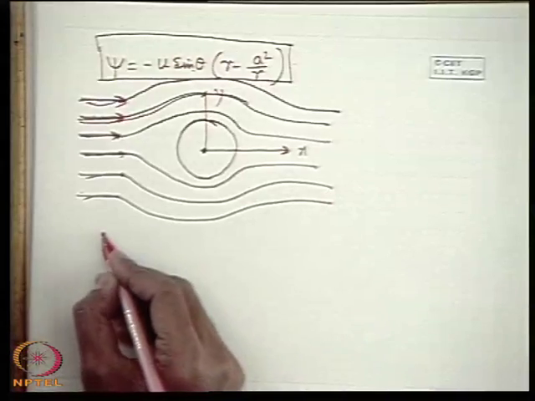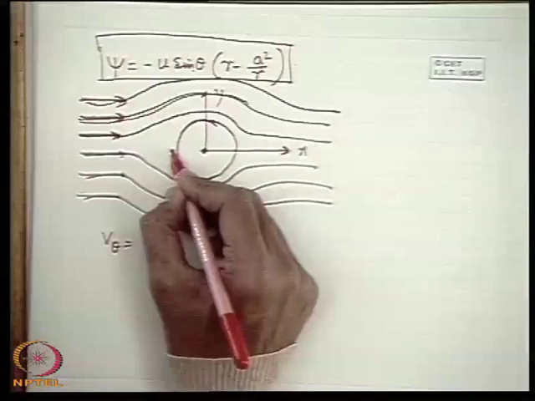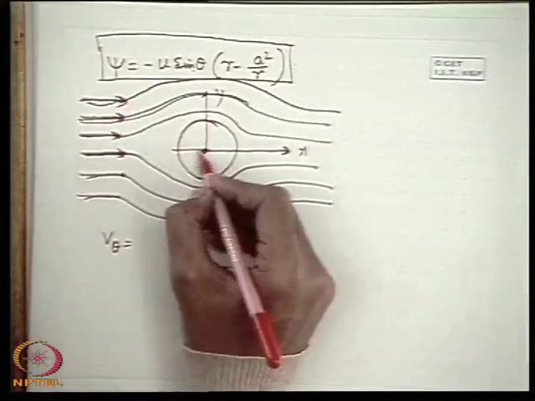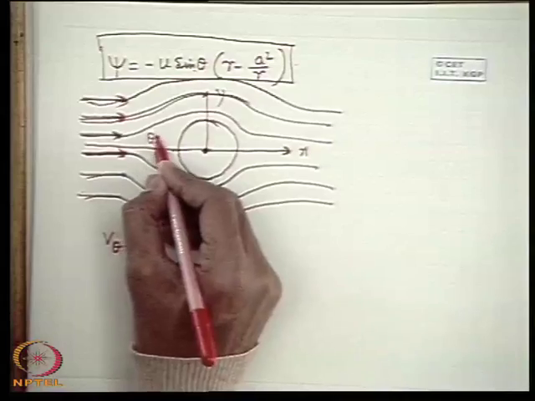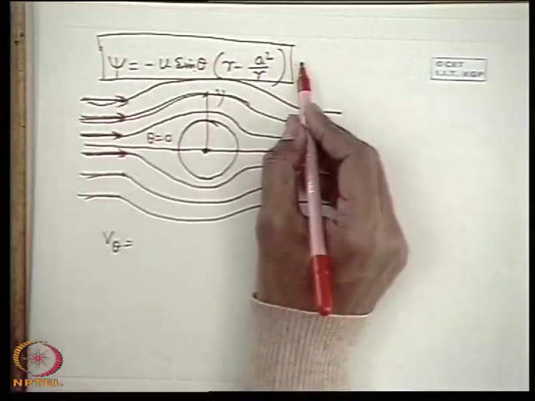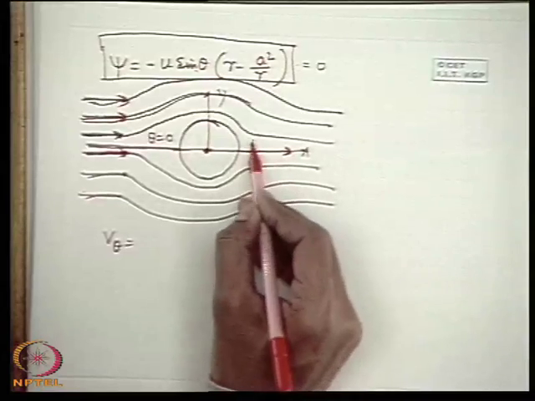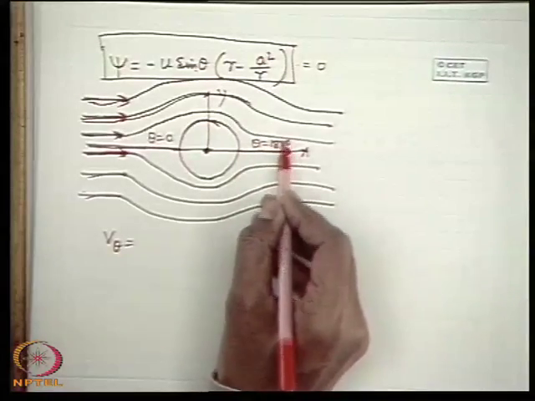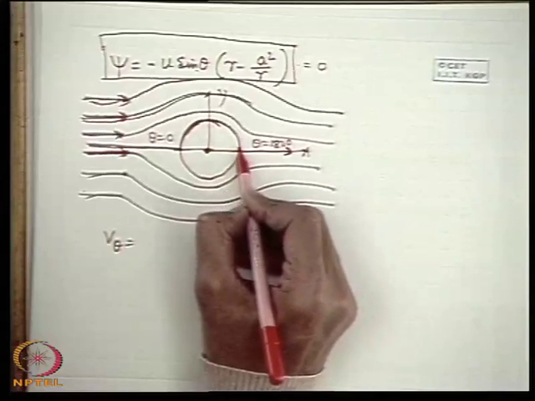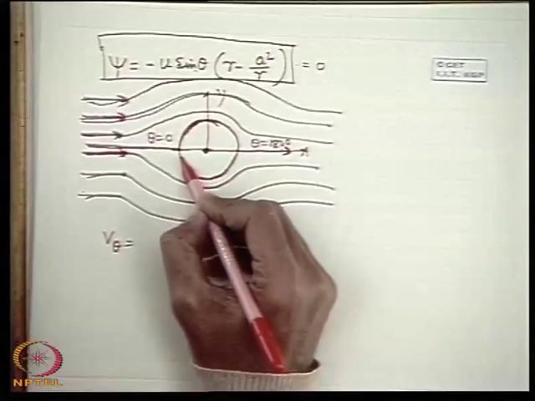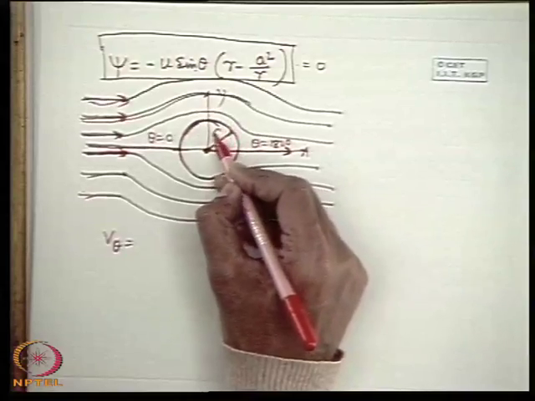Let us find out two velocity components. One is the tangential velocity component. That means we define, for example, this is the direction. So with this direction we define this is theta equal to 0. Now another very interesting thing is that psi is equal to 0 along the line theta equal to 0, and this is theta equal to 180 degrees or pi. And for all theta, this is the surface of the cylinder where radius is constant. So a here in this equation will represent the radius of the cylinder.